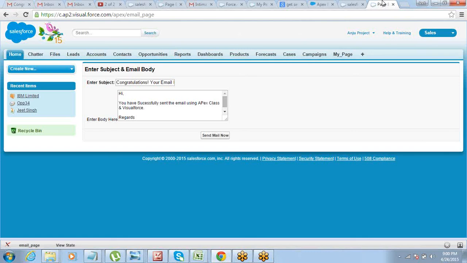All right, so use this logic. I know that for lead we are never going to use this kind of Apex class, because a workflow rule can work for that. But I just want you to make sure that you spend some time figuring out how it should be sent and all that stuff.